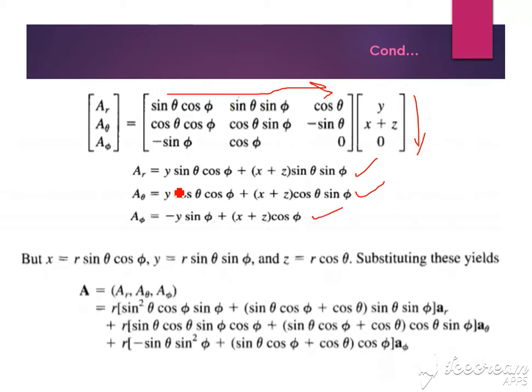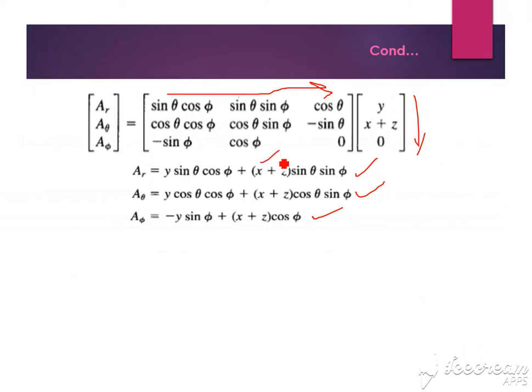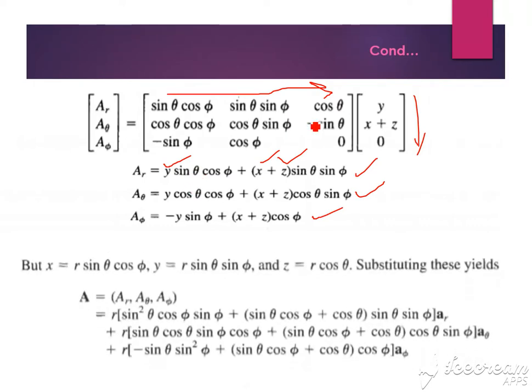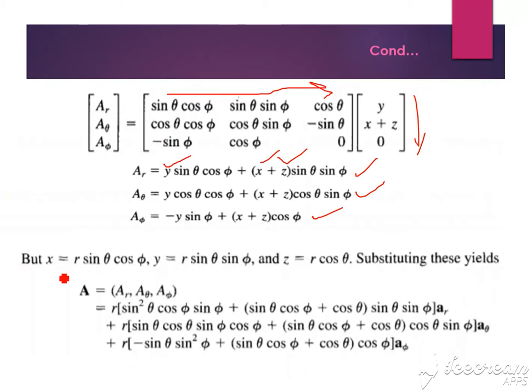So now we need to convert x, y and z into spherical terms. For that we already know the point form expressions. So x is equal to r sin theta cos phi, y is equal to r sin theta sin phi, z is equal to r cos theta. Simply substitute these in this expression, then we can write A is nothing but Ar into small ar, plus A theta into small a theta, and A phi into small a phi. While adding, multiply these three equations and add, then we get this A vector.